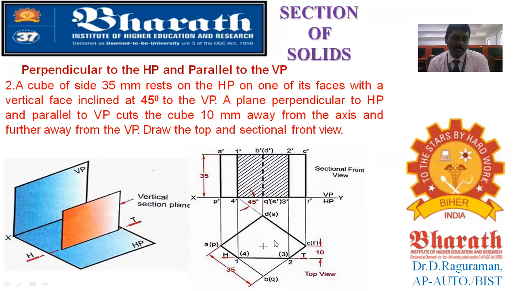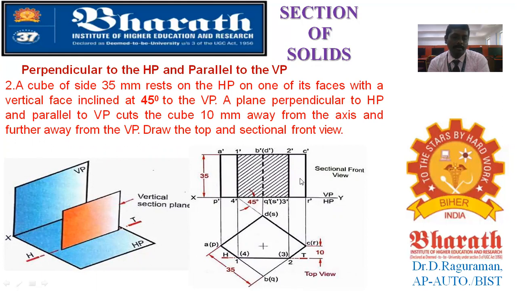So now you can see this portion is the cut portion. The cut portion alone you will be sketching. Okay, so this is behind, and the remaining three portions are visible. So even though you have a visible edge here, that is getting removed once you make a cut. This portion is removed, so you do not have the possibility of showing that visible edge. Only the hidden edge is there. So that hidden edge you will show as a dotted line.